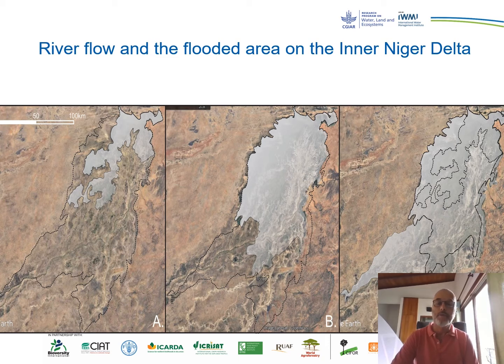In the example of the Inner Niger Delta in Mali, West Africa, we have a floodplain of some 30,000 square kilometers that has a massively variable flooding regime that supports more than 1.5 million people and 4 million stock animals. The challenge with the E-flows on the Niger floodplain is to estimate how much water is required to flood onto the floodplain in different months of the year.